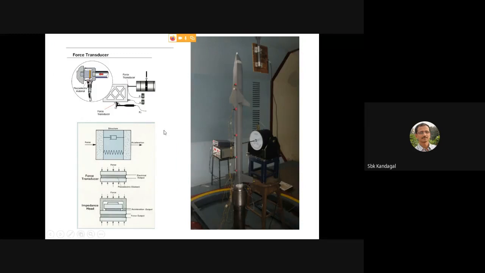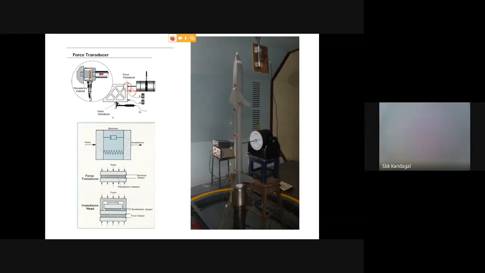Now I will show you the force transducer, how exactly it is used, and its application. If you look at the electrodynamic shaker, it is connected near the structure side, so that whatever force you have applied, you will be able to measure it. And this is how the force transducer works. You have a piezo crystal here and a piezo crystal here. Force is equal to mass into acceleration; on this principle it works.